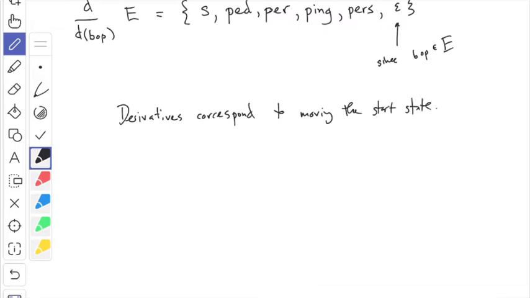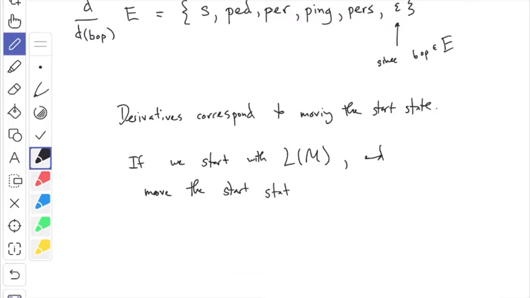Very specifically, if my language was L, say L of M, and I move the starting state through one of the arrows, say an arrow with an A on it, the language changes and it becomes